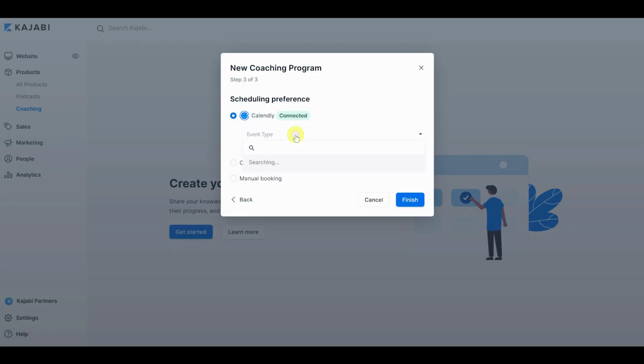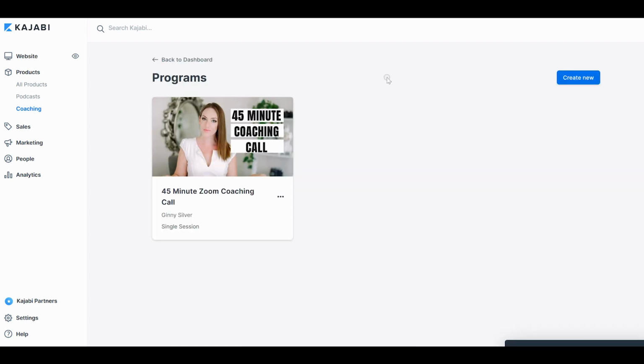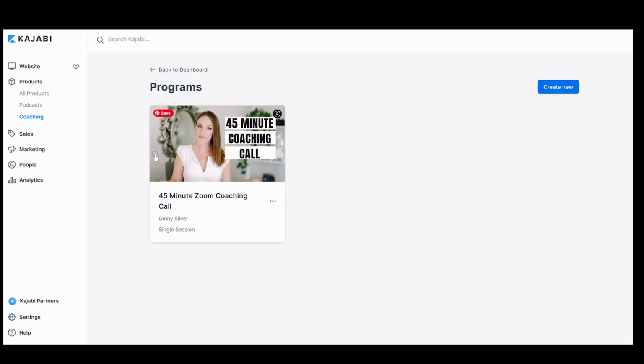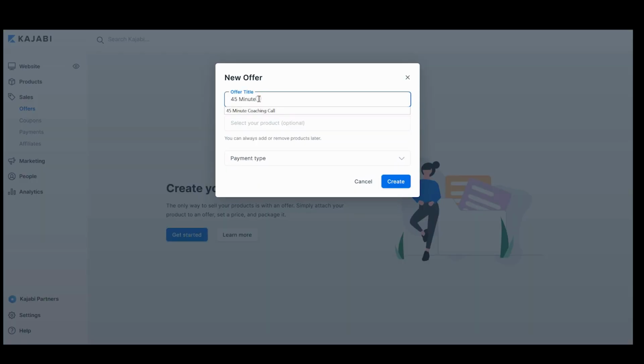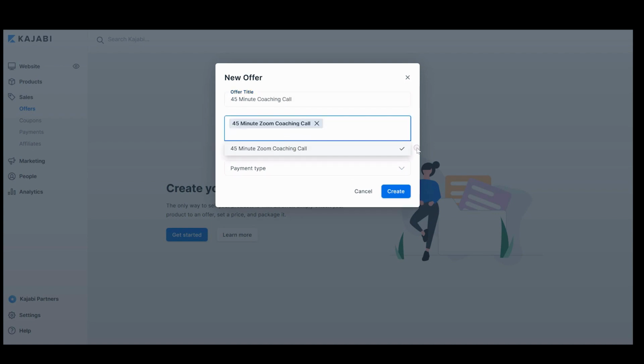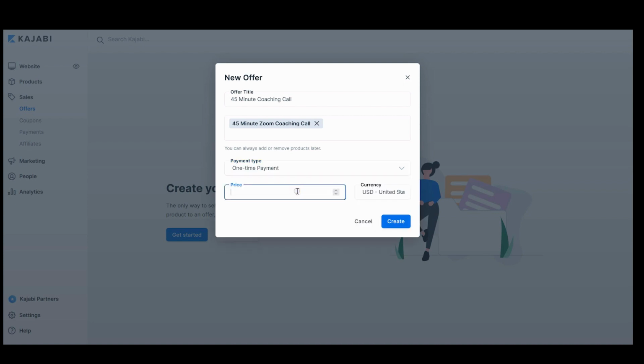Now once you've created the event type in Calendly, head back over to Kajabi and make sure that under the new coaching program you select that matching event type. Next, we must create an offer. On the left-hand side, under the sales area, you're going to click on Offers. Then you're going to enter in the offer title and select your specific coaching product. Select the payment type down below